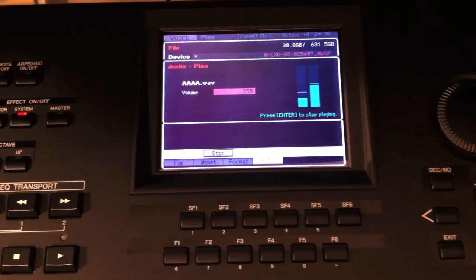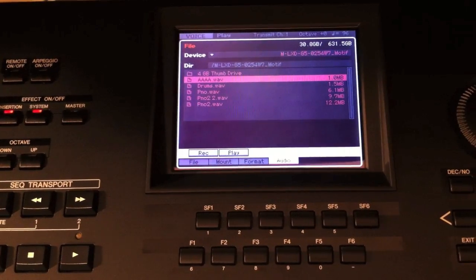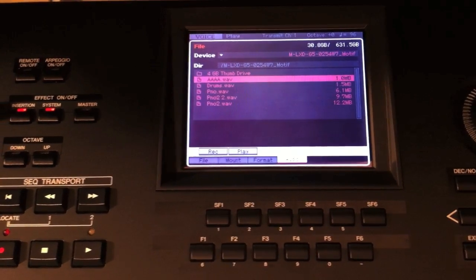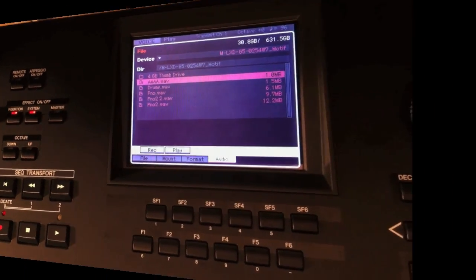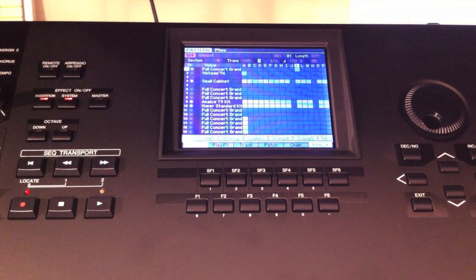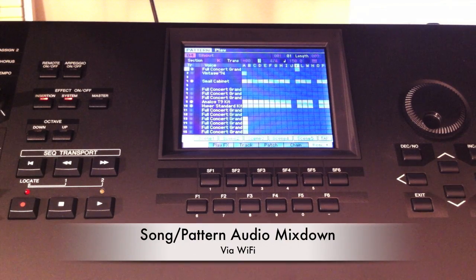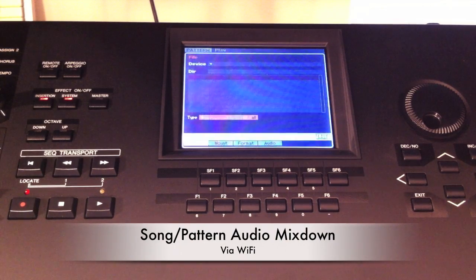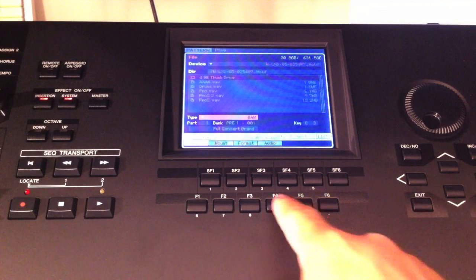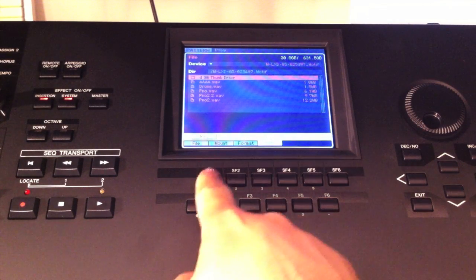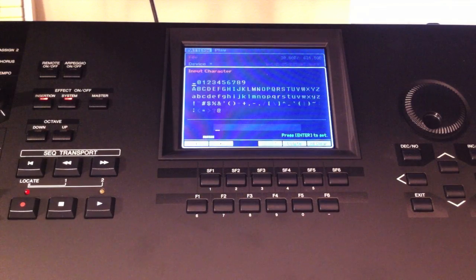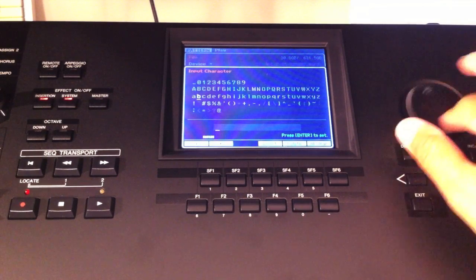So that's pretty cool. Maybe you don't want to deal with the sequencer, you just want to drop an idea down, like a scratch idea, and save it to a WAV file. Another useful feature for creating WAV files across the network is you can create a quick mixdown of your pattern or song. So just go to your pattern or song, push the file button, and then press F4 for the audio tab, and then we'll press record, which will be SF1, and let's name it